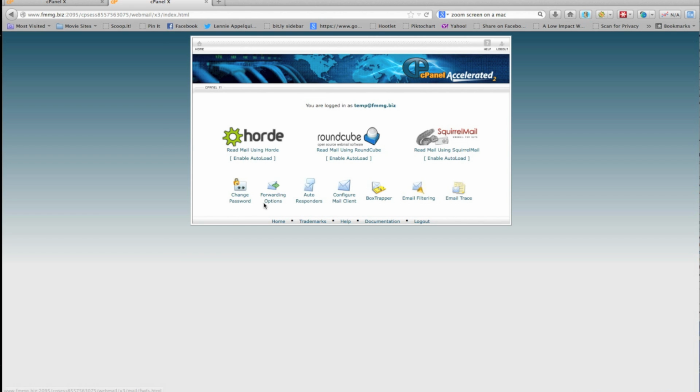Forwarding options, if you want to forward this email to another email account, to a Gmail or another account, you can do that. You can set up autoresponders, so if you're on vacation, those things. I mean, all pretty typical for any email system. Configure email client, which is the important one, and BoxTrapper, which some systems offer, which is kind of a